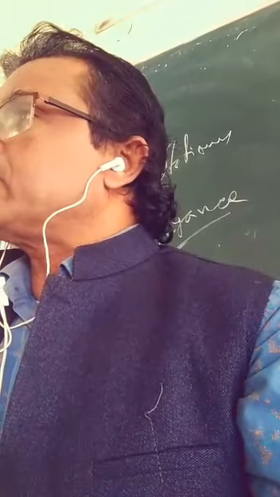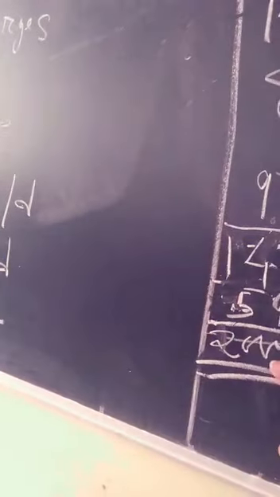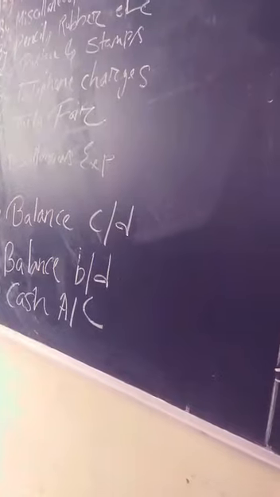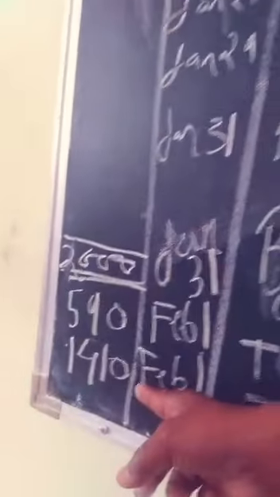How to give the entries, and how to total, and how to find the ultimate balance. You have seen this is very, very important. How to find this balance? You have to total the payments here, and the amount received 2000, and the difference is in hand, 590. So this balance C/D is again coming here, and to cash account the exact amount which is spent, 1410, is again received from the head cashier. So this way the analytical petty cash book is made.